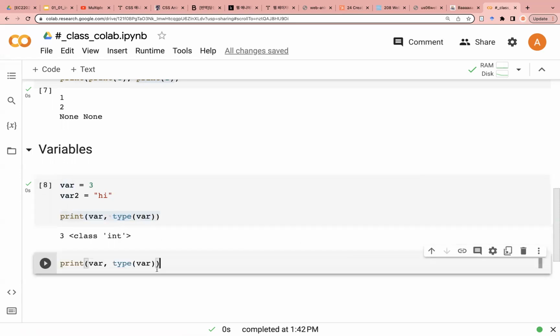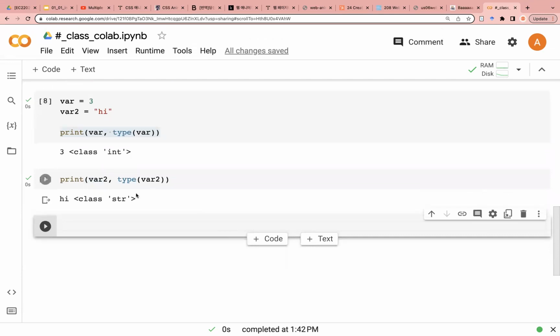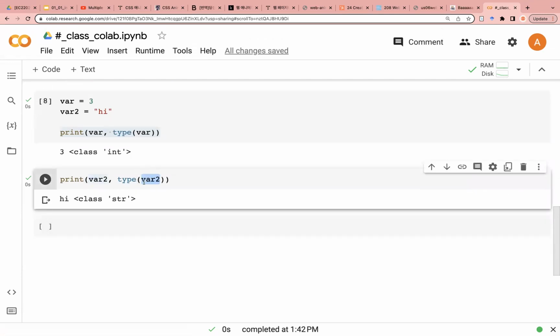So when we run var2, it says the data stored in var2 is the string. Okay, so if you cannot figure out what data type is stored in some variables, you can call this type function. Okay,